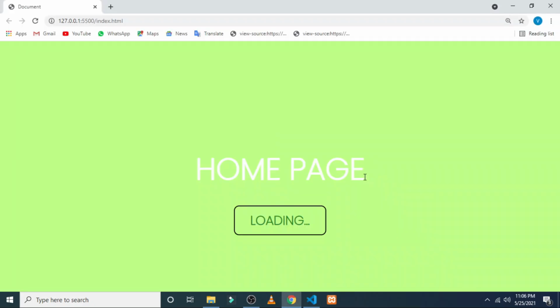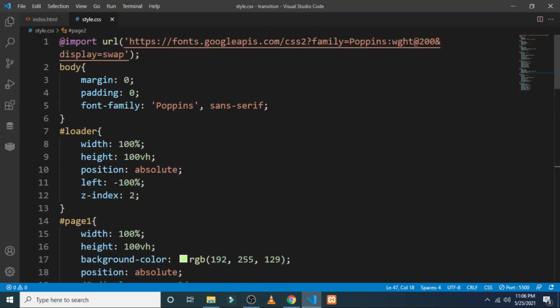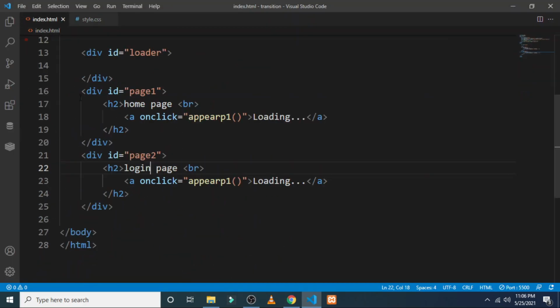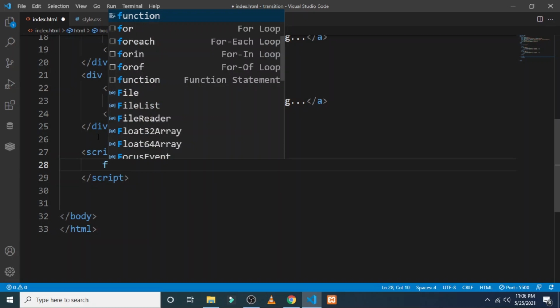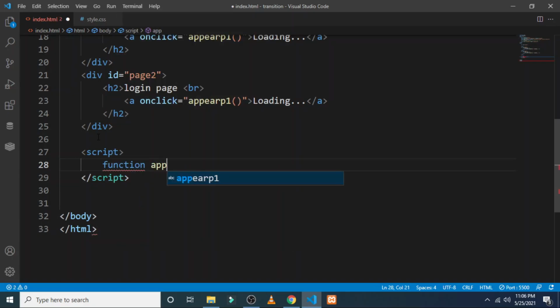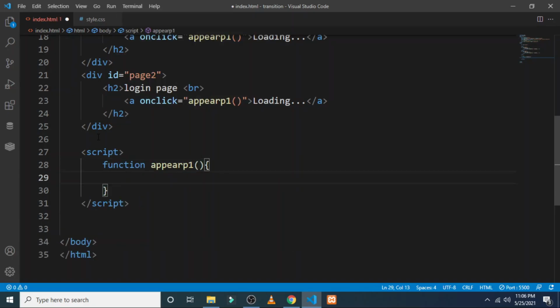Then create a simple change of the color of the web page, and then create a script. Here in this script I am creating the first function, so that on click the appear one function, that I have created in the home page, runs. So the variable loader is equal to document.getElementById.